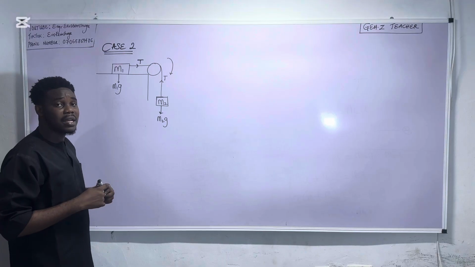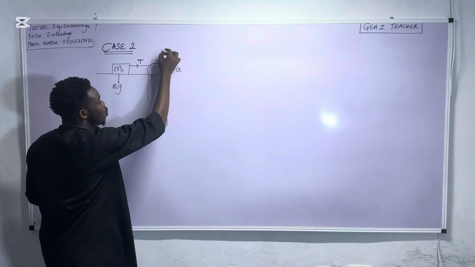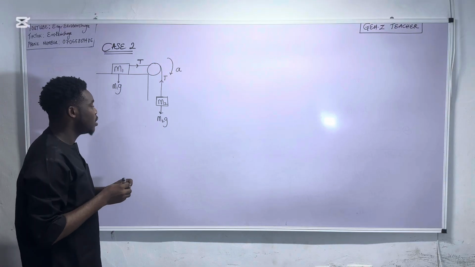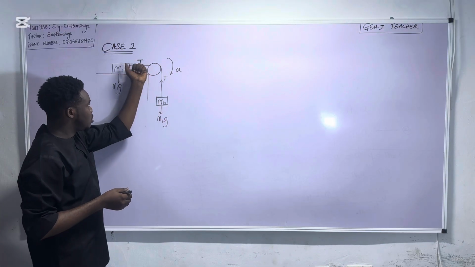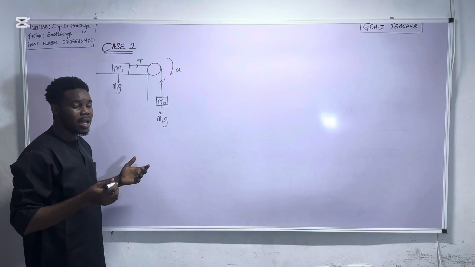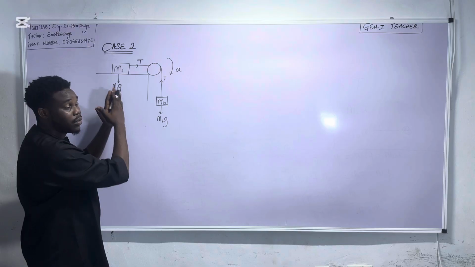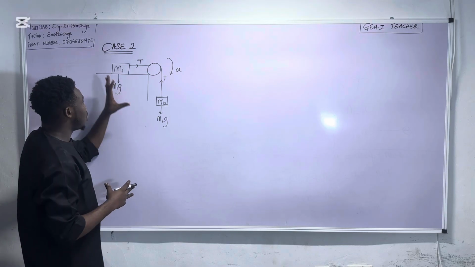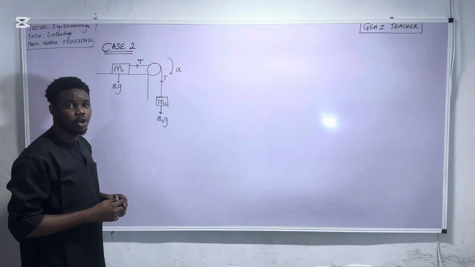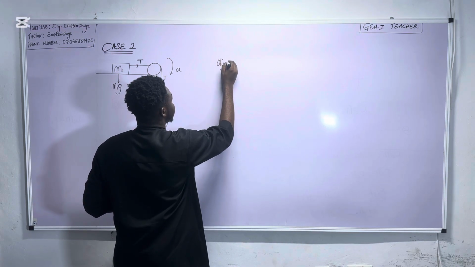Again, how do we find the acceleration? We are told that the object is moving downward in this direction, meaning the mass m2 is dragging the object down in that direction. Now, we're going to again bring out two equations for mass 1 and mass 2. Looking at mass 1, what are we going to bring out? For object 1,